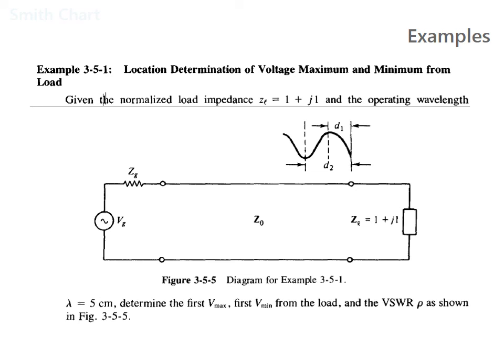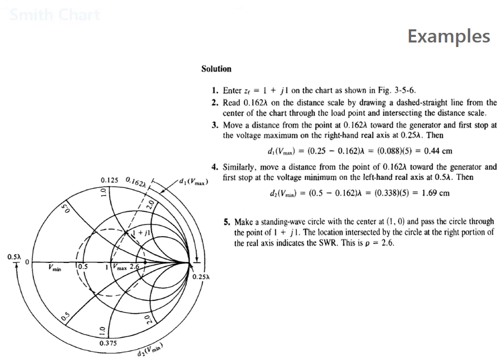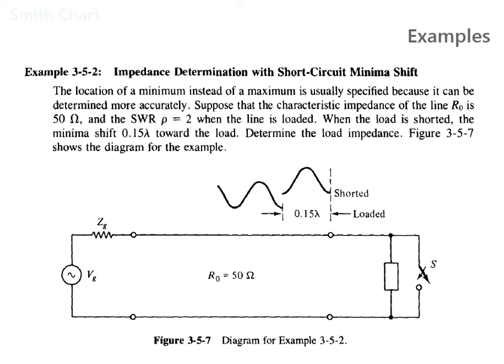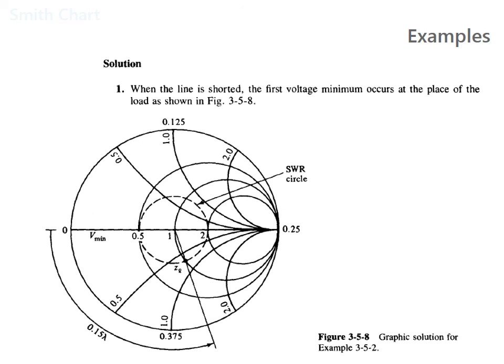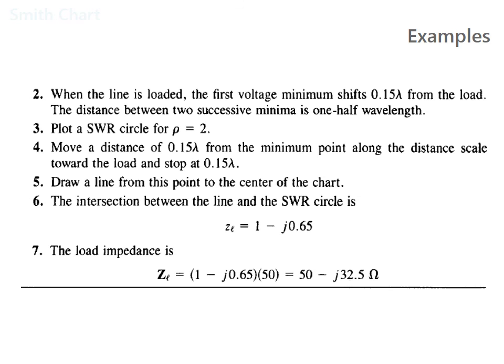You can observe how to locate and determine the minimum and maximum values of the voltage. See here the values are mentioned, how we can start, how we can place the value, and the formula is mentioned here. How is the impedance determined with the help of short circuiting? If you assume here is a switch and you do open and short circuit, what will be the effect on the wavelength and other parameters? You can also observe that. See here the solution, how we can simplify it, and a few parameters can be calculated using the Smith chart.